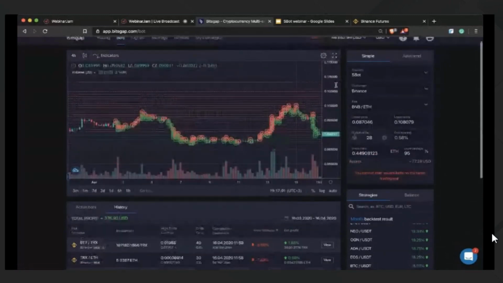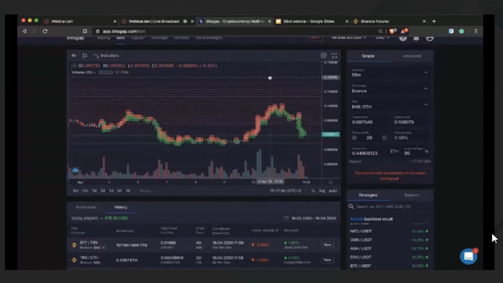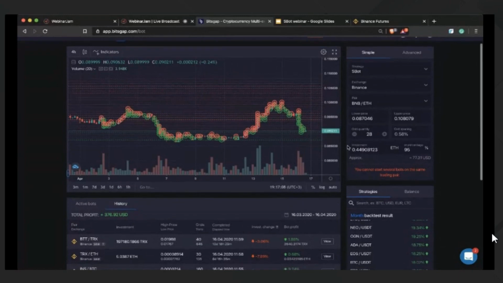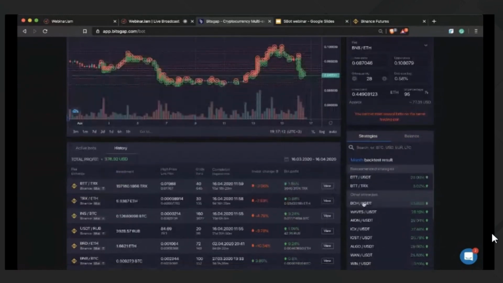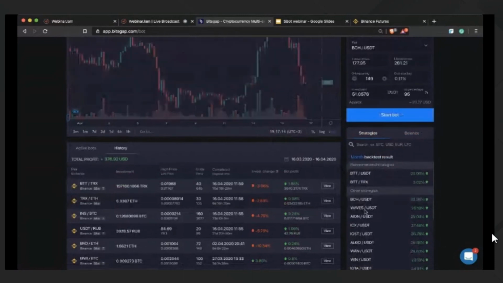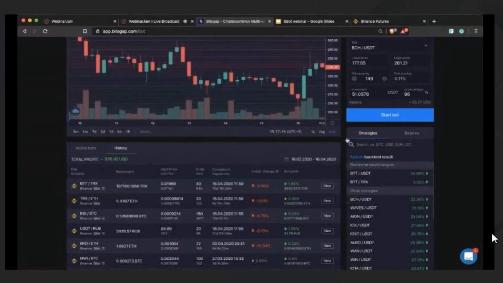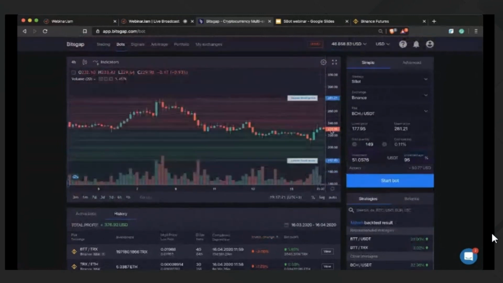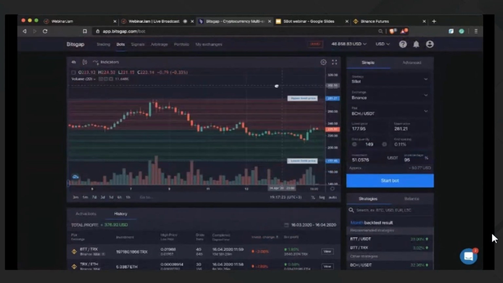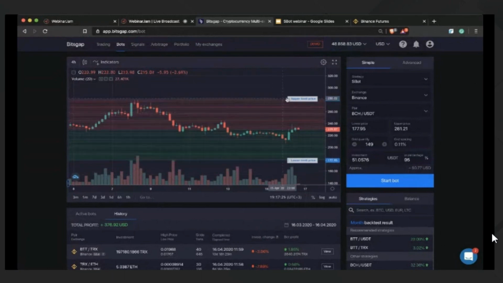So when it comes to grid strategies, we have some recommended already. Let's choose, for instance, Bitcoin Cash trading to the USDT. So what I'm gonna do next is that I will adjust the chart to see my upper limit price and lower limit price. I can manually